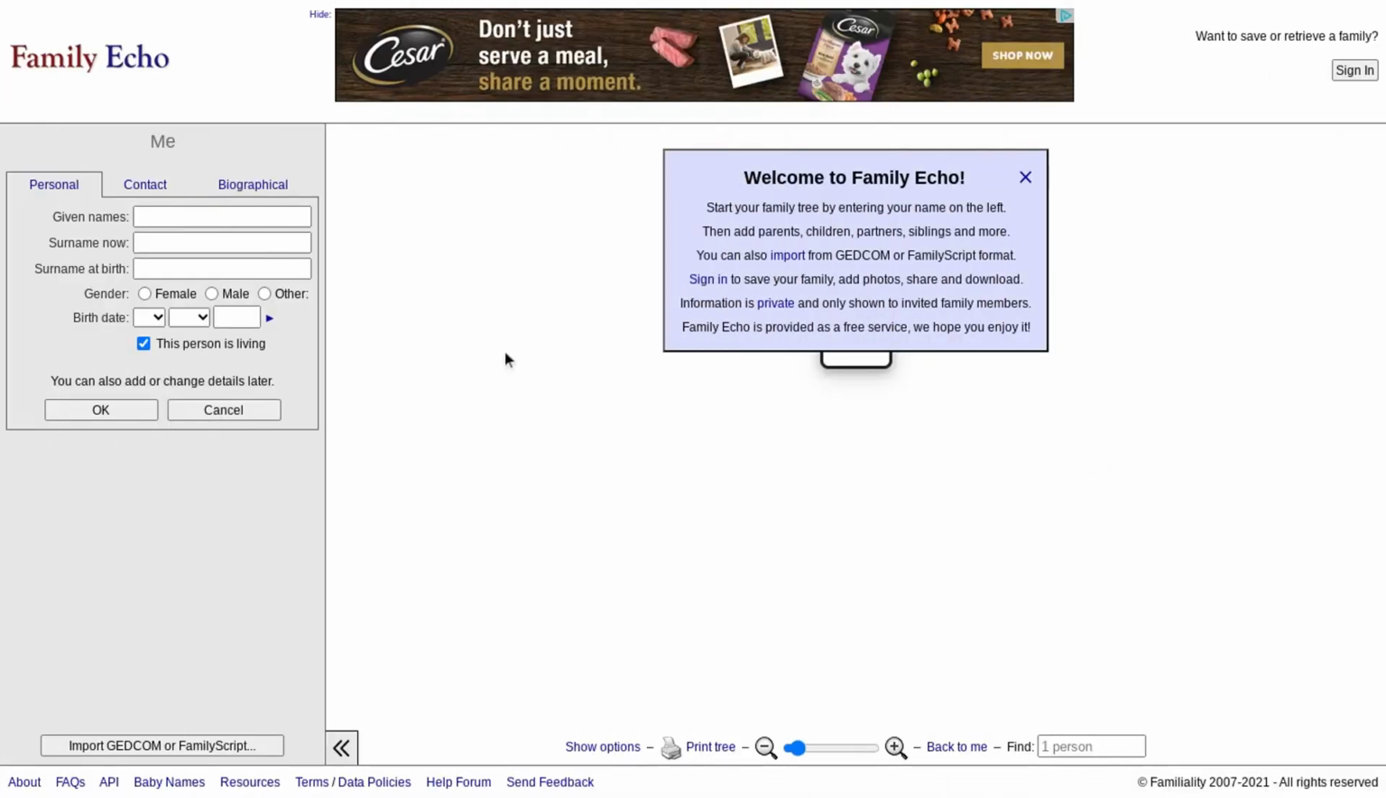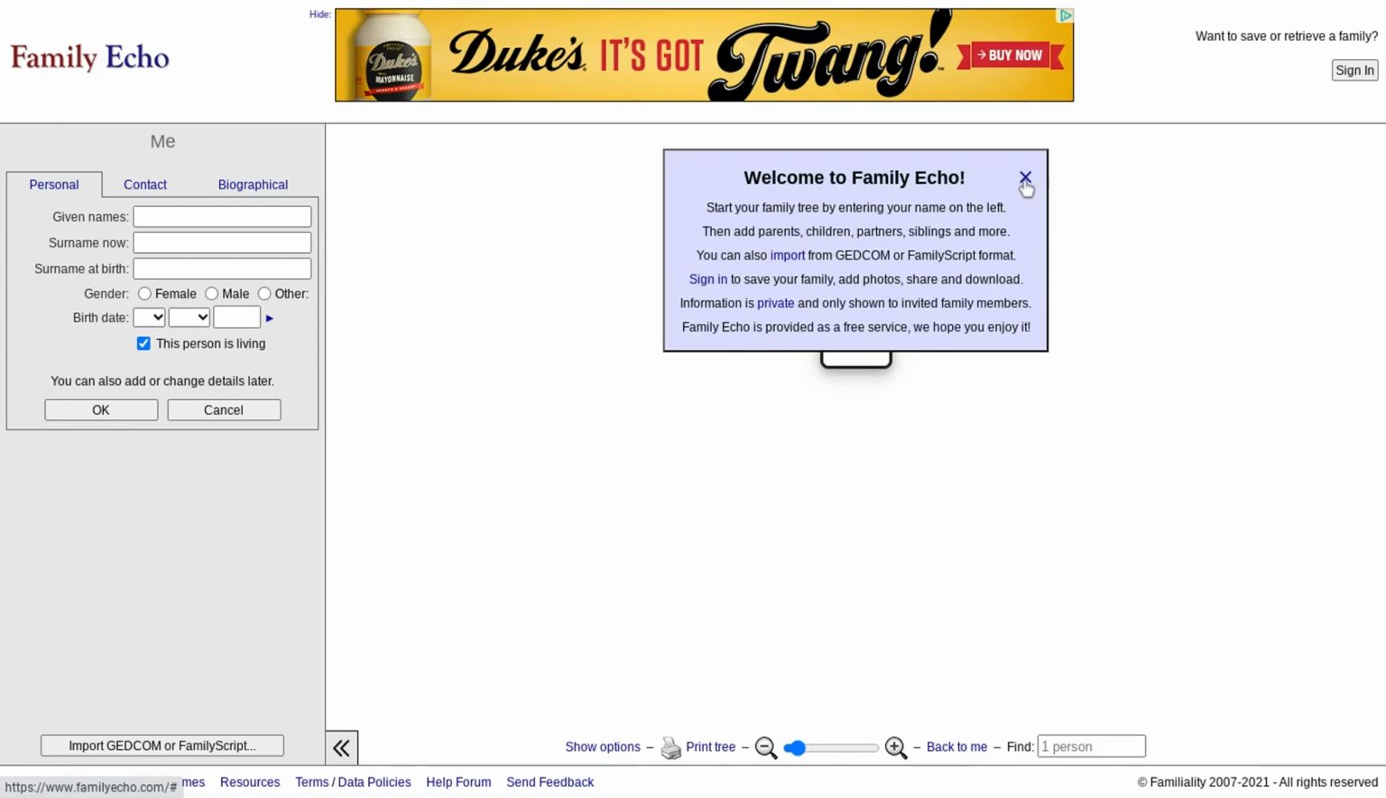So I wanted to share a useful tool, or at least I think it's a useful tool. Now, the purpose is obviously not for this, but familyecho.com is a free service to make a family tree. Now, if you're a DM and you DM Dungeons and Dragons or anything, Pathfinder, whatever, you might have a